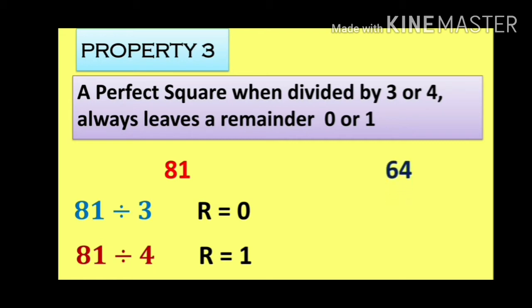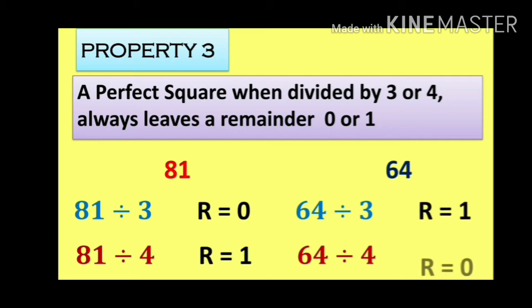So let's take another number, 64. Now when 64 is divided by 3, the remainder will be 1. And when 64 is divided by 4, the remainder will be 0. We can check it by division. So here we can say that a perfect square when divided by 3 or 4 will always leave a remainder